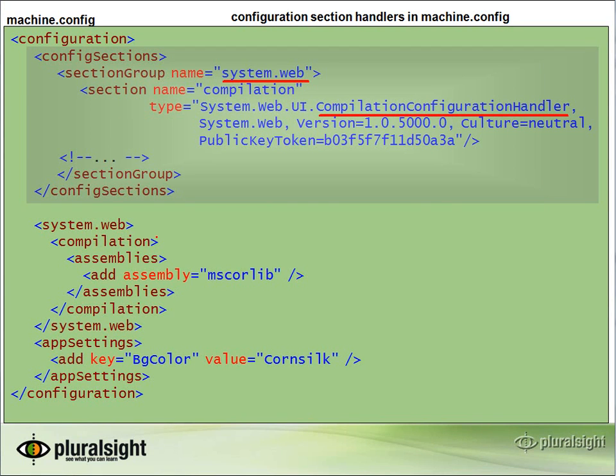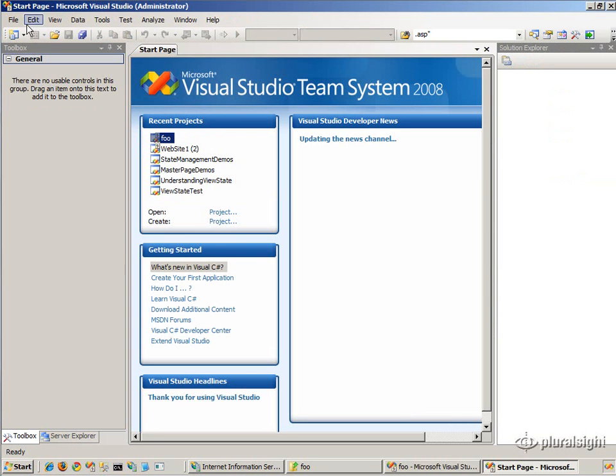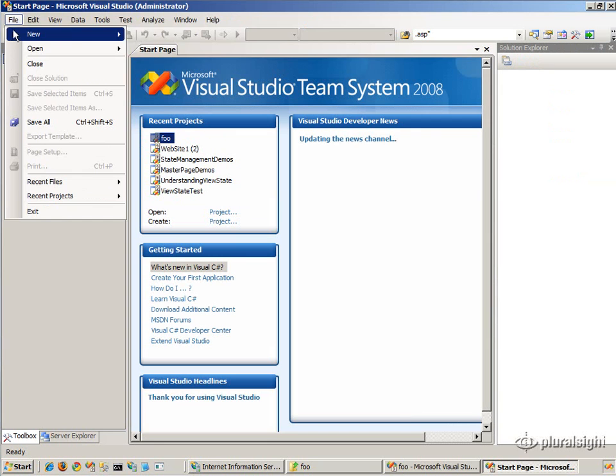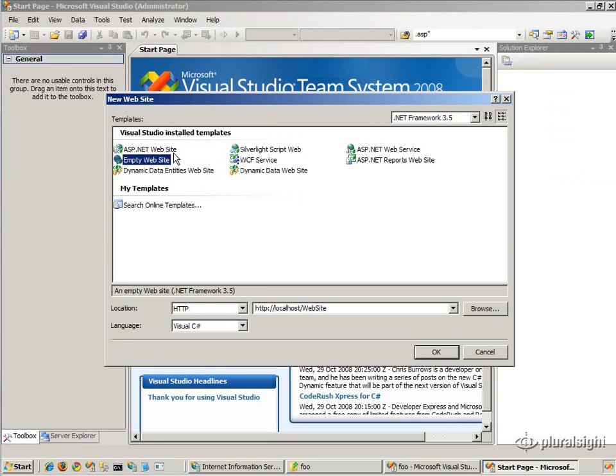And then down here, we know that this particular section of the config file is going to be parsed by this particular class. Now, the other place that you can see this very quickly, let's just go back to our running demo machine here, is if I create a brand new application or website. So let's create a new website. In Visual Studio 2008, if you create a standard ASP.NET website, and let me just put this on the file system,